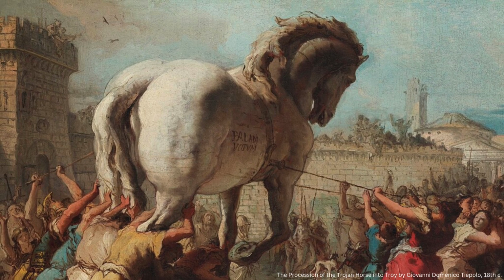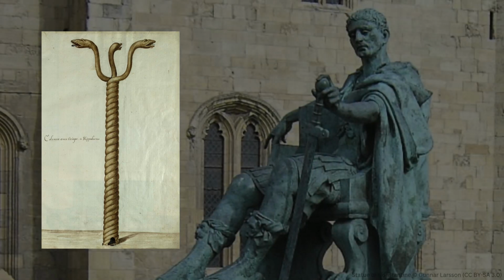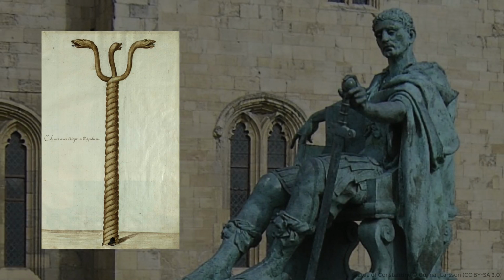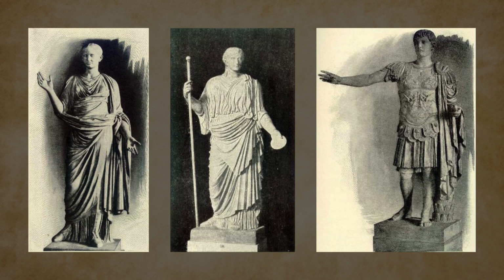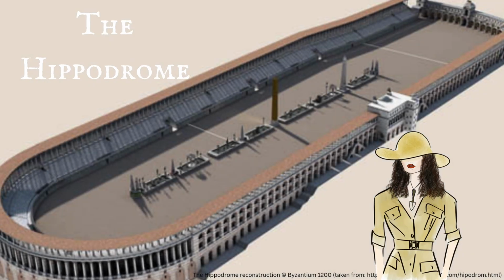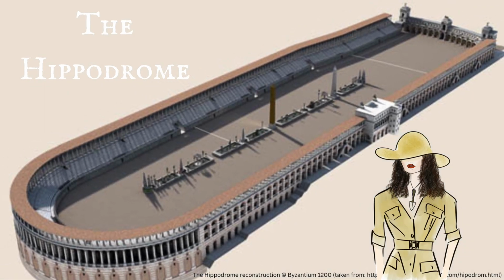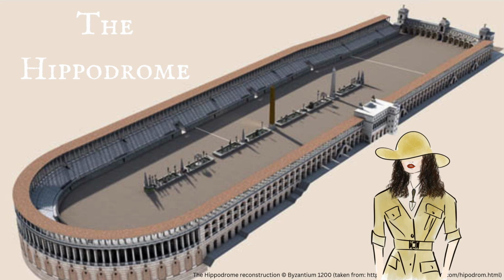the Trojan epic. This importation of statuary was a true statement of power because Constantine, as the emperor, was the only one who could order a monument to be moved from one city to another. But there was more to this decision. It was normal for cities to put up statues that reflected the respective city's history, but Byzantium's history could not compete with Rome's. So, through equipping it with statues that would have been considered already ancient in the 4th century AD, and statues that carried grand connotations, Byzantium's position was elevated.